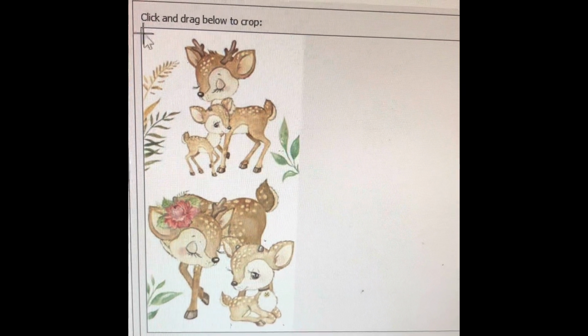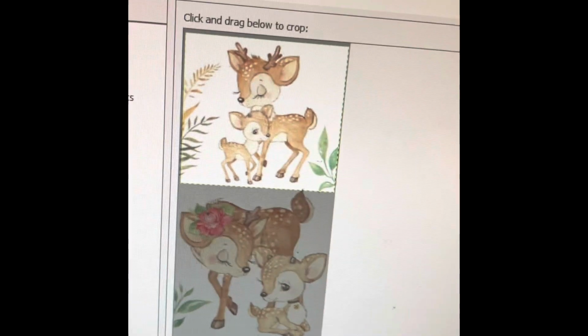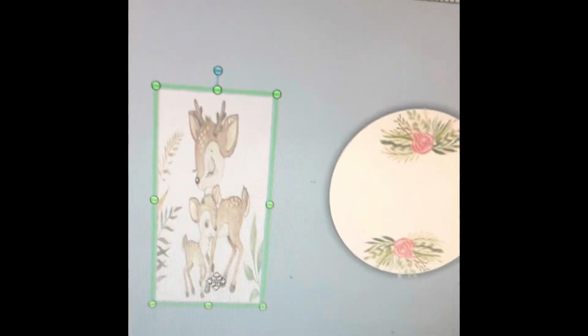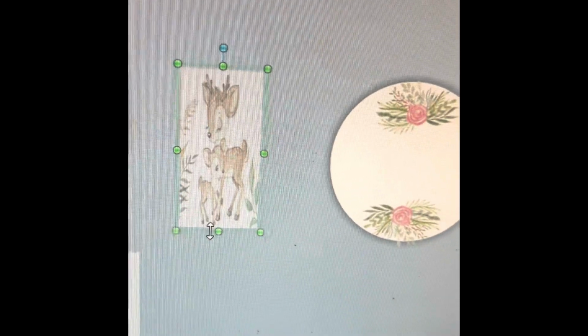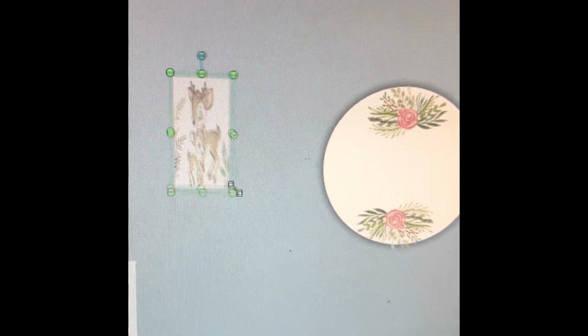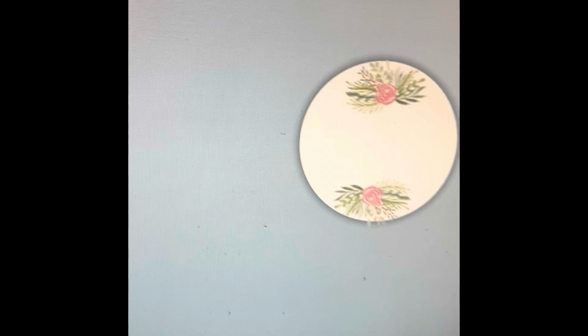I get the crosshairs and I crop it and say close. And I could very well be doing something wrong, I don't know. But see how elongated it looks? And when I try to make it smaller, it doesn't do a real good job. It still looks elongated. So instead, I'm going to flip into